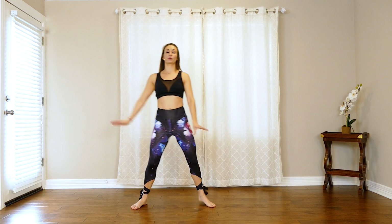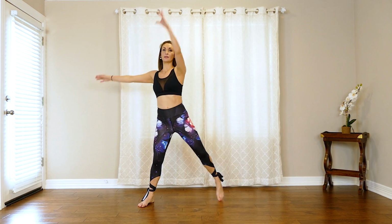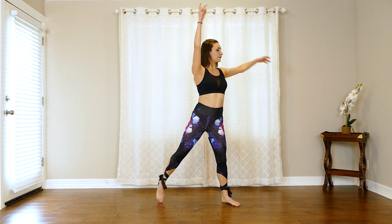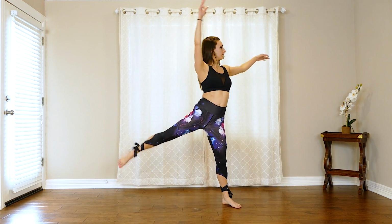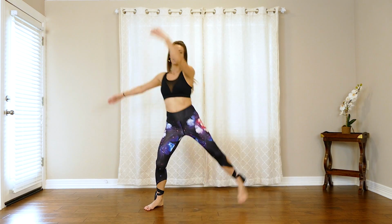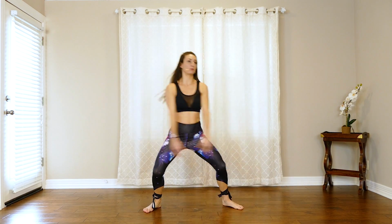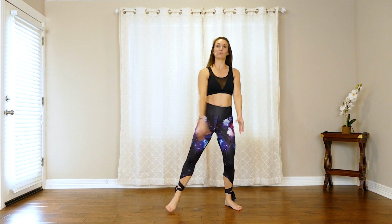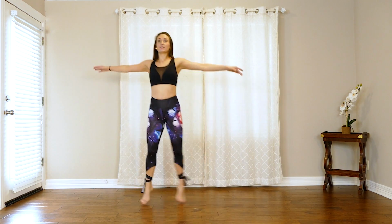Now hold it here. Here we're going to bring those arms up and we're going to sweep right to left. Make those movements bigger, lift up. Now we're gonna blend both of those movements together. We chasse, point, chasse, point, and 4, 3, 2, again. Chasse, point,